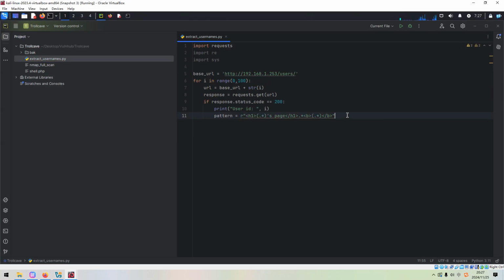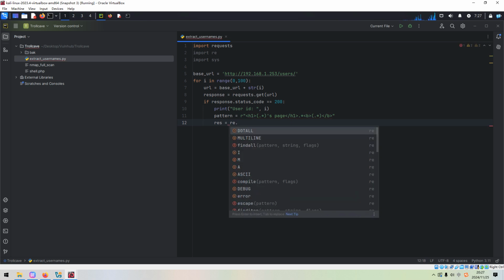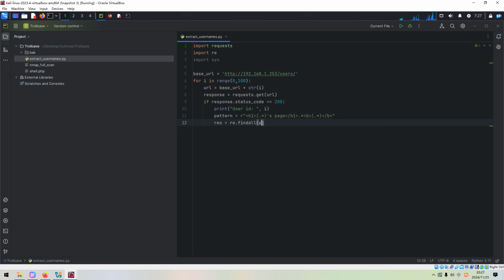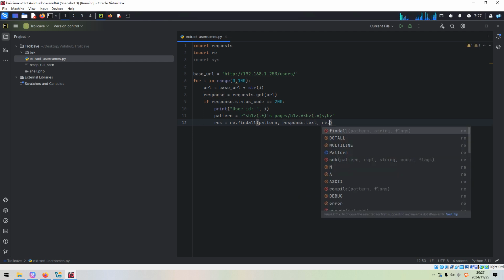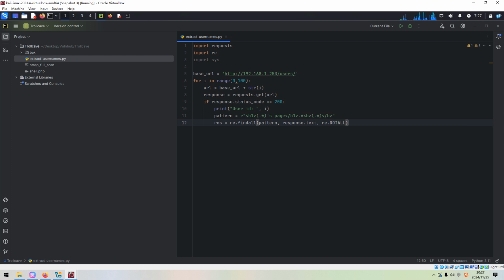And for the result, we call regular expression findall with the pattern and the response text, and also dot all, and it will return a list. In this case there is just one element in this list. However, this element is a tuple.